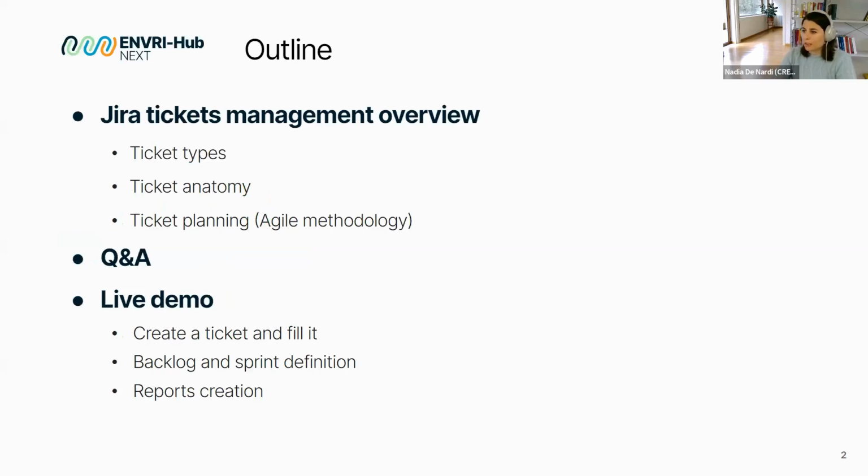Here is a list of topics that we will touch on today. Mainly, we will start with a Jira ticket management overview. As you know, Jira is a software tool to manage activities under tickets. So we will start with an explanation of the ticket types. Then we will progress with the ticket anatomy, ticket attributes, how to fill the tickets, how to describe the tickets,